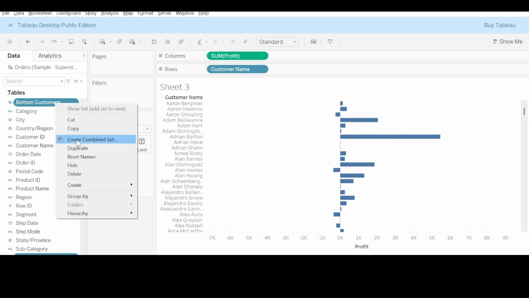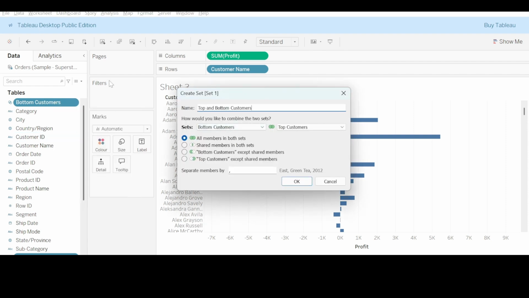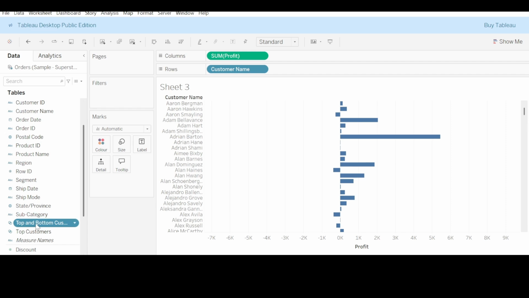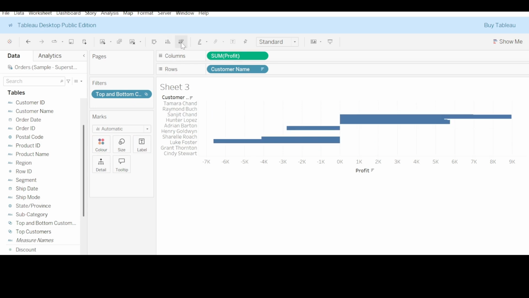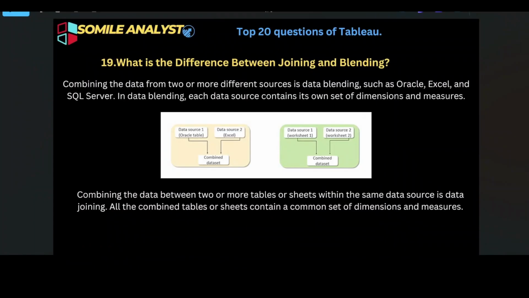Sum. Select these 2 sets and right-click on them. Use the option Create Combined Set. Name it Top and Bottom Customers and include all members of both sets. Pull the Top and Bottom Customers onto filters. The next question is,